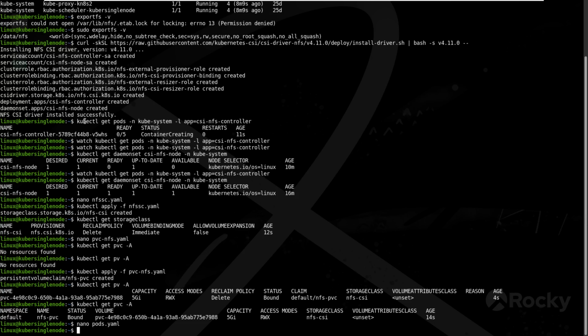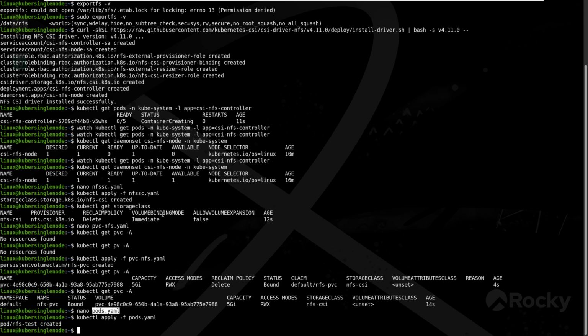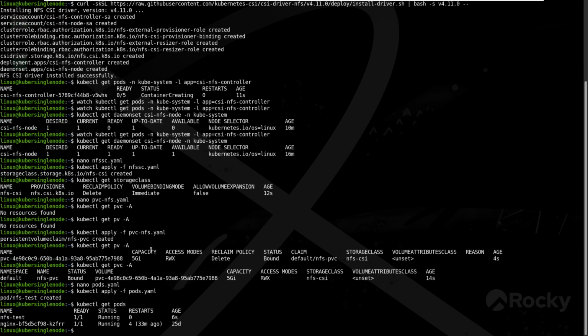So now apply with kubectl apply. Pod created. kubectl get pods. Now we have the NFS test pod running. Let's go inside the pod, kubectl exec in interactive mode, pod NFS test,